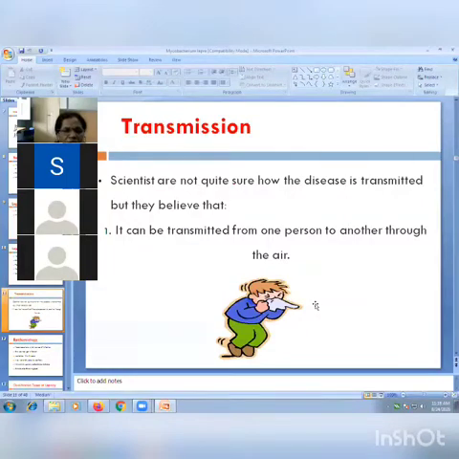So these organisms get transmitted by the nasal secretion. The organisms are present in the nasal mucosa. They get transmitted by prolonged contact, not by single contact. So when you are in prolonged contact with that person, you can get this infection. It can be transmitted from person to person.